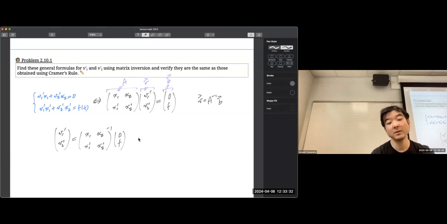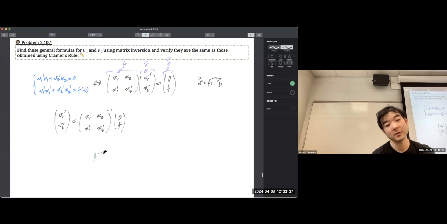But people may remember the inverse matrix for a 2 by 2. So this A inverse matrix is going to be equal to, let's suppose you have, this is your A, B, C, D, and you're just trying to invert it. The way it works is you have 1 over the determinant of A, multiplied by the matrix D, negative B, negative C, and A. It just flips these A and D and then puts the negative on those two. So using that, this will be 1 over